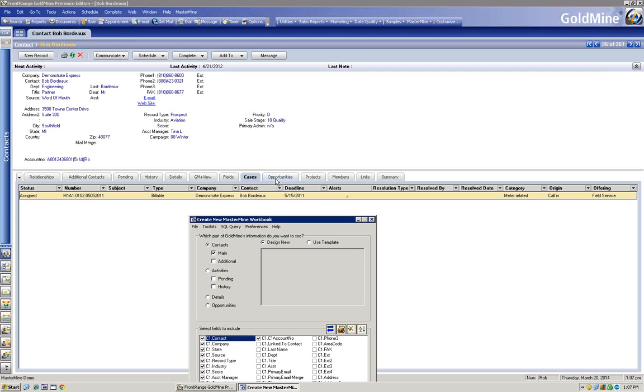But for the most part, opportunities I'm going to define as the part of GoldMine that really handles a more complex sale than a simple one salesperson, one buyer, one product kind of situation. If you sell a product or service that involves multiple users selling, or multiple products in a package that are likely to be sold, or a sale that's just not very simple, where you want to track through the stages of the sale,